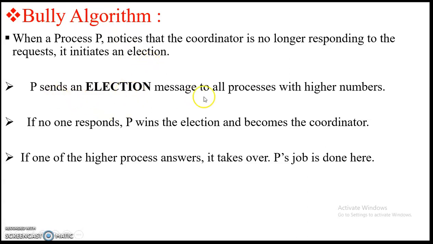So 5 will send an election message to the processes with the higher number. If no one responds, that means if 6 and 7 do not respond, then 5 will win the election and send the coordinator message to all the other processes. But if 6 and 7 reply to 5 saying that we are higher than you and we will take over your job,